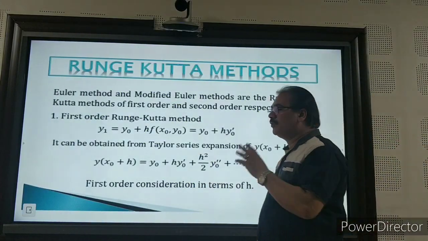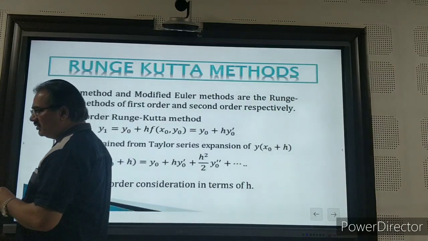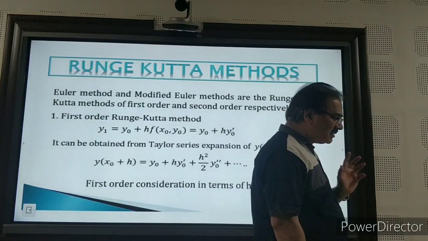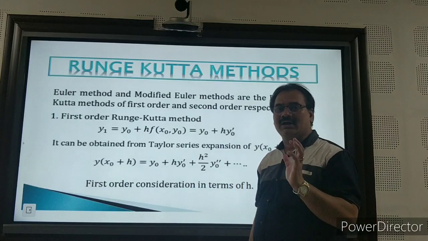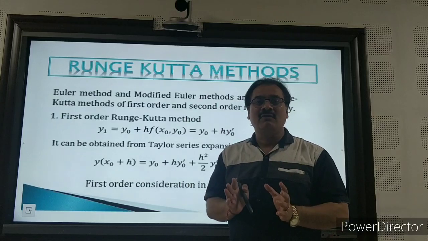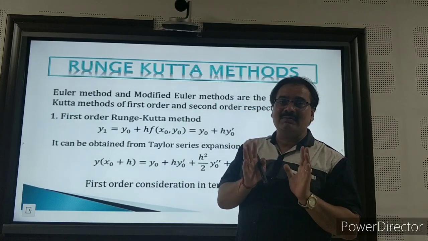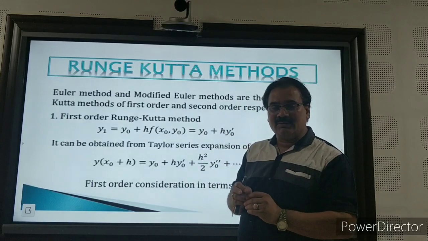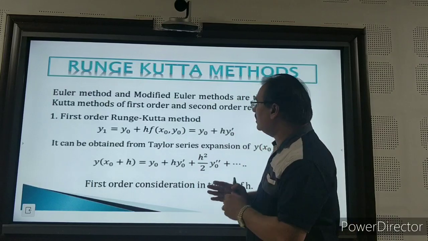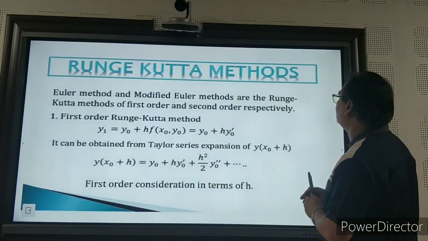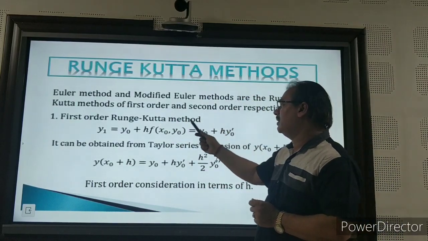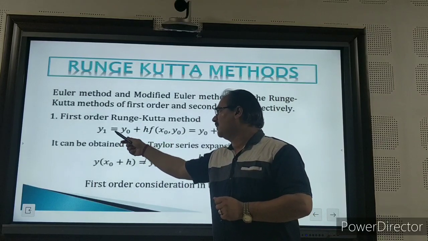Now, very quickly, we will study the RK method under four orders: the RK method of order 1, order 2, order 3, and at last the RK method of order 4. That is also called the RK method; some authors and students say RK method of order 4. Both are the same thing. Euler's method and modified Euler's method are the Runge-Kutta methods of first order and second order respectively. If you go through it, you are much familiar with this.